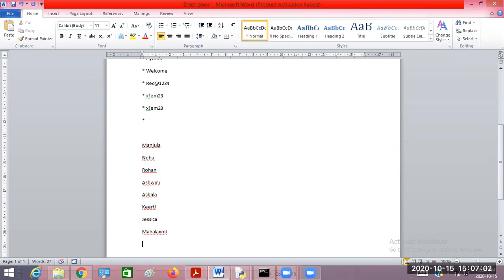Right? So on you'll type. After typing all the names, right? If I ask you, say here, instead of just the name, I want something like this: 1 dot, 2 dot, space followed by this one, then 3 dot followed by this name, like this. You already typed all the names. But after that, I'm asking you, I want all these names with prefix 1, 2, 3, and so on. Then what will you do?